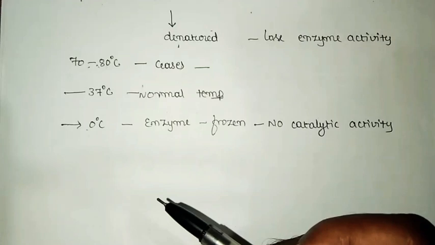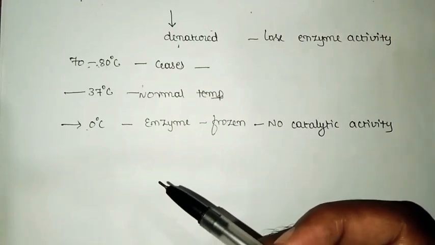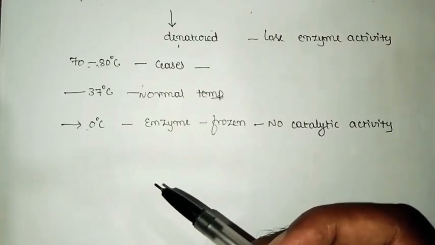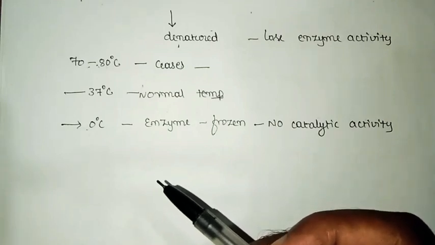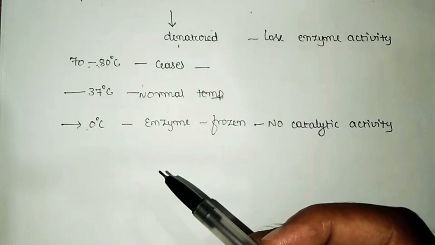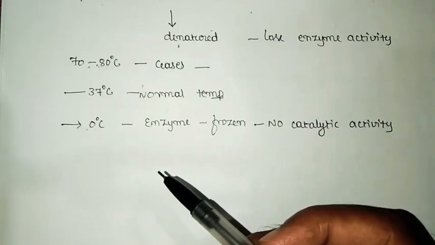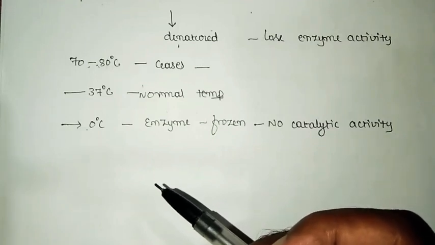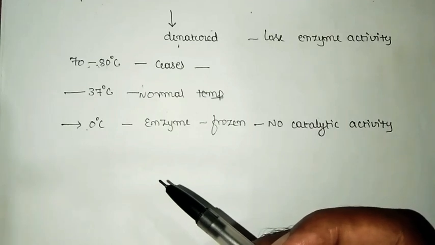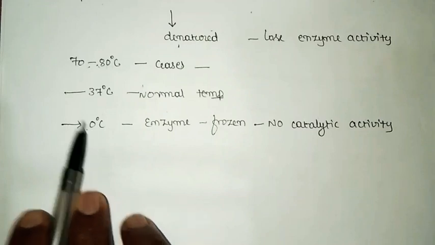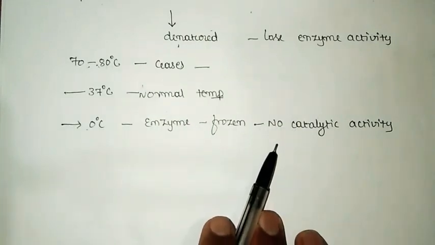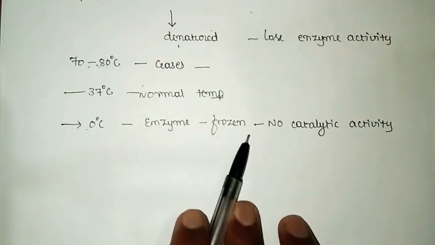That means from the stage of no catalytic activity, the enzyme can be brought back to its active state, and we call that the inverse of inactivation. When you bring the enzyme from 0 degrees Celsius to normal room temperature,